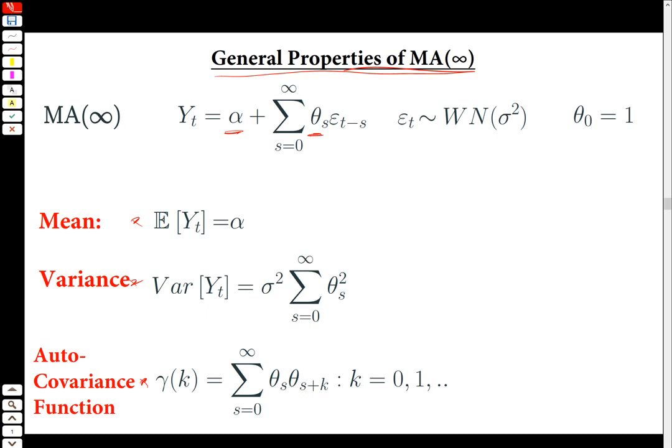When it's stationary, we've derived the MA infinity for a stationary AR1. This is just an example of the Wold Theorem. The Wold Theorem says any process which is stationary can be written in an MA infinity form. Well, this has the MA infinity form. Remember in lecture we called this alpha, and these coefficients would be theta s. This would be a general MA infinity, so this is just a particular MA infinity,